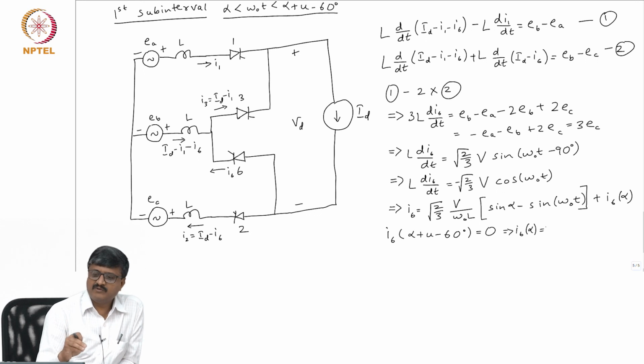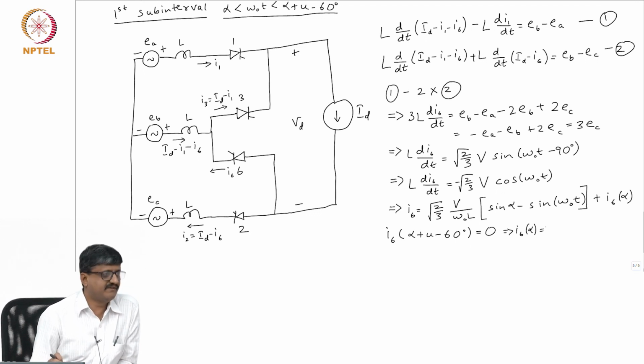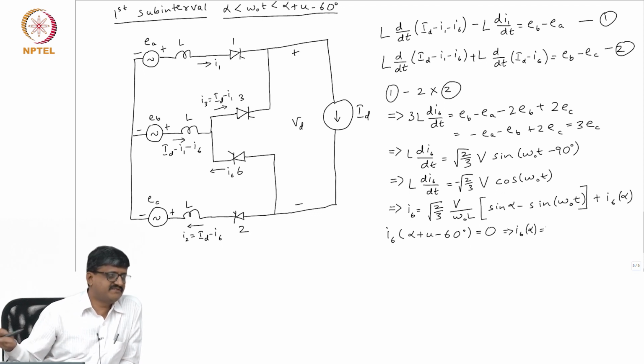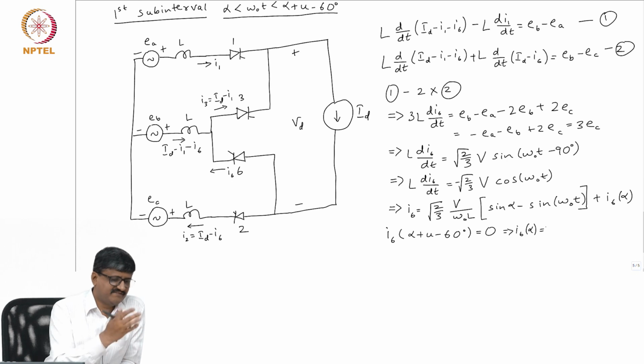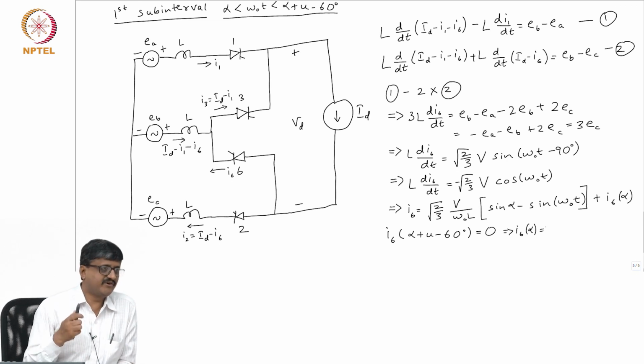But we need to look at a few other quantities when it comes to abnormal operation. So, only those things we will be doing. Obviously, we will not be doing any Fourier analysis for abnormal operation. Normal operation itself is sufficiently laborious. I do not know if you have tried, you would have noticed that.